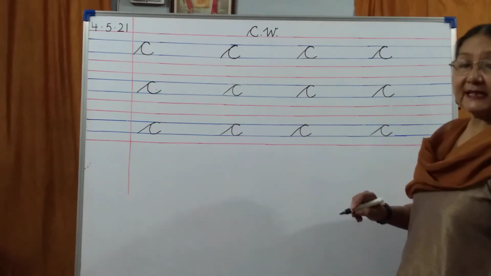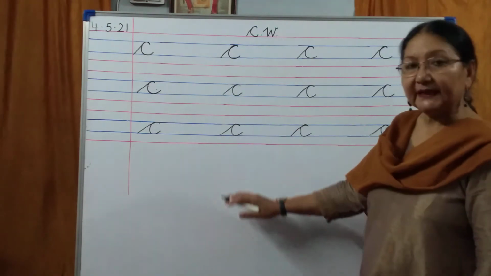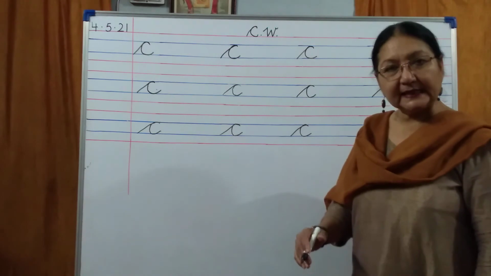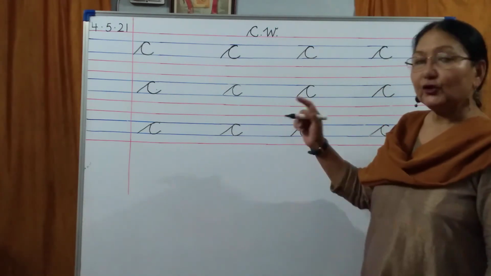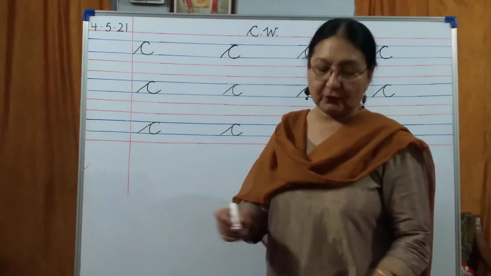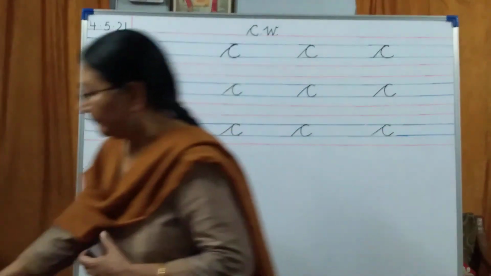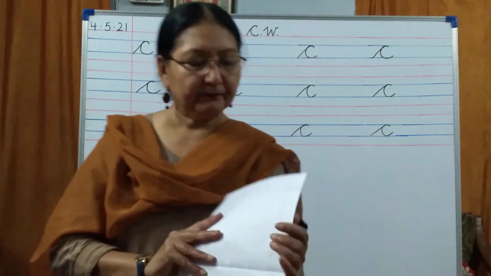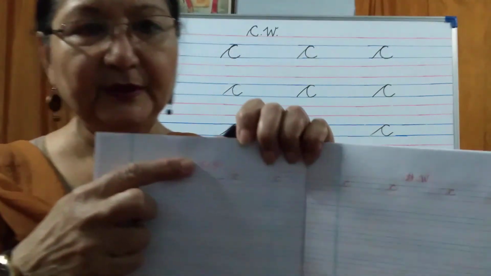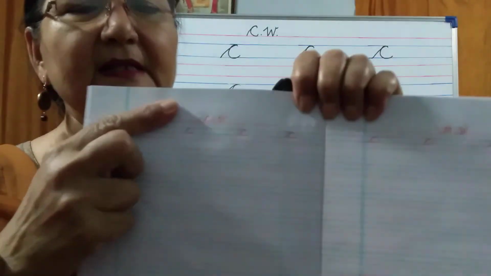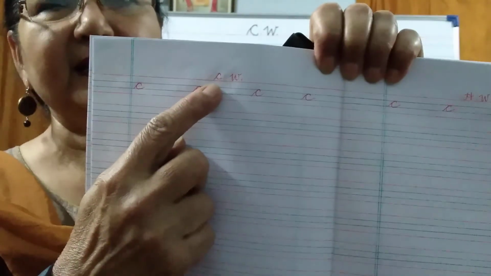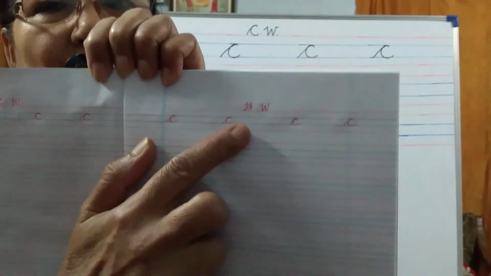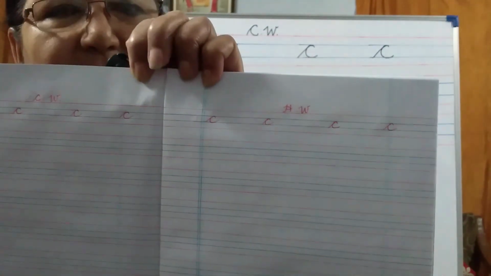This becomes C. Children, you have to complete the full page. This is the CW. We have already done it in the live class, and you will do the HW also. 2 pages you have to do. This is the CW. Everybody can see. CW, see over here. This page you have to do. And then this is HW. And you have to complete this page also.